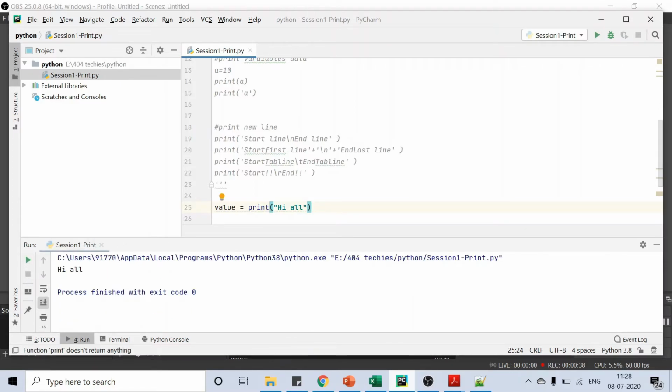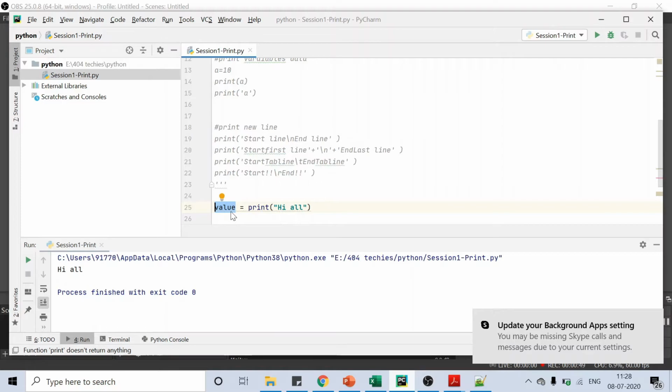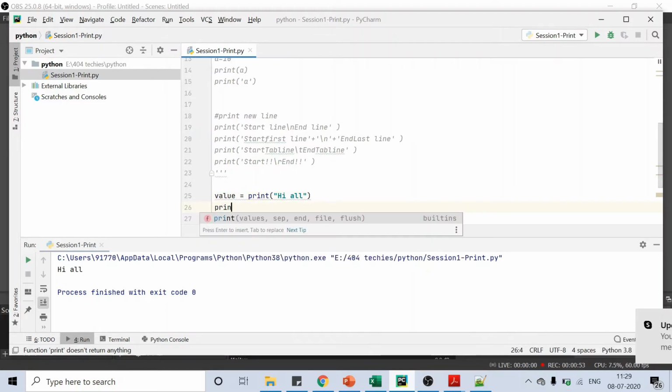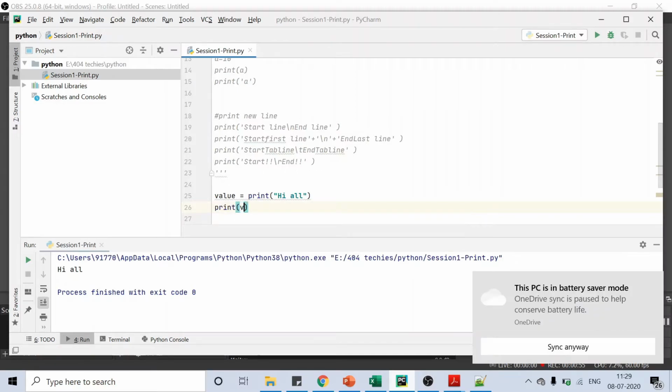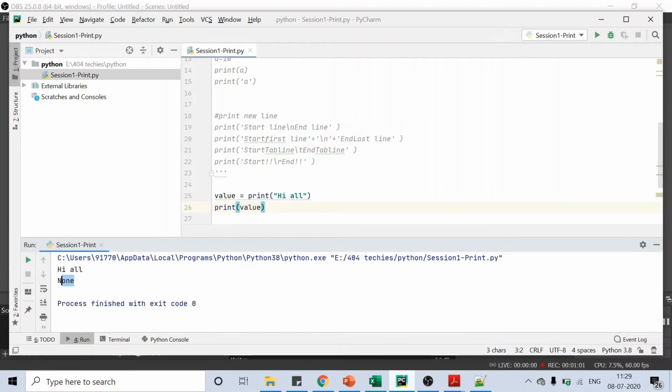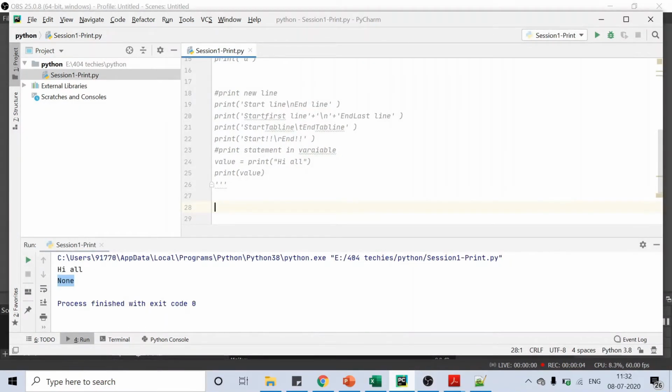Here I am just storing that print statement into a variable, and I am not even printing this variable. Just the print statement stored in a variable got printed itself. Suppose I am printing this value, None is printed.